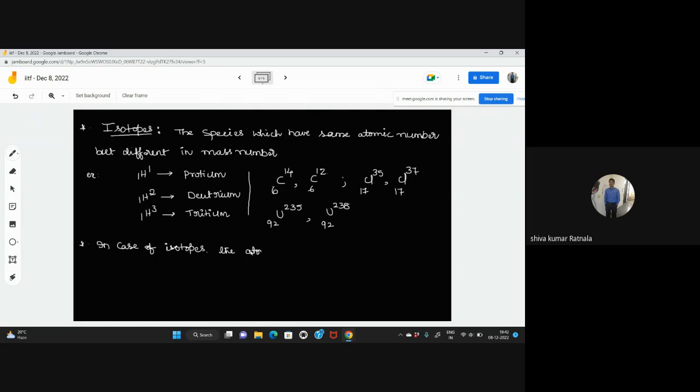In case of isotopes, the atomic mass of the element is the average atomic mass. Because of this average atomic mass only, chlorine has 35.5. Likewise we get decimals. Generally, the average atomic mass formula is